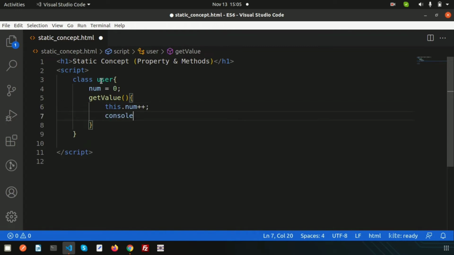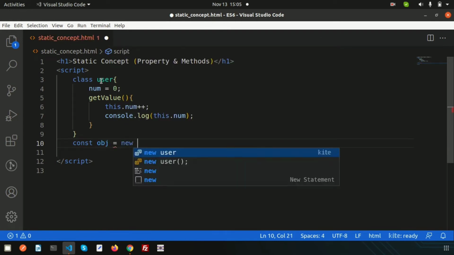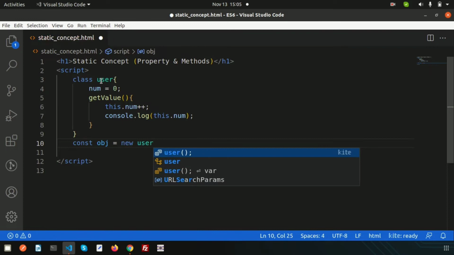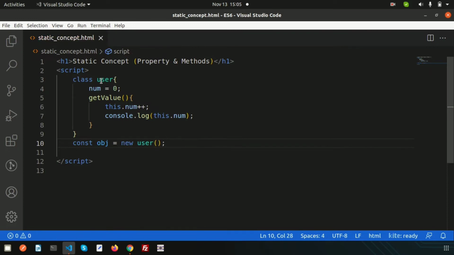So console.log this.num, incrementing. And to get access to this property or value from outside the class, we need to create an object. So let's create an object: const obj equal to new User. Okay, so the object is created.